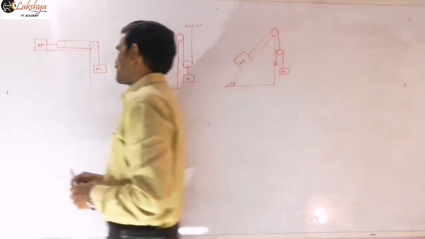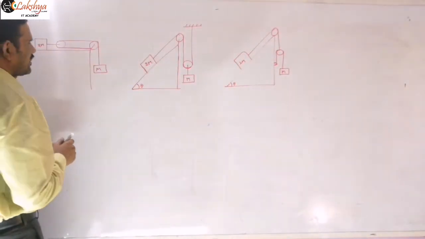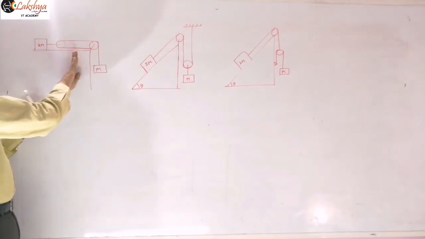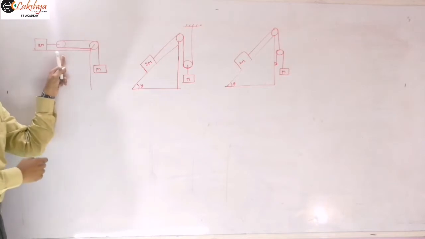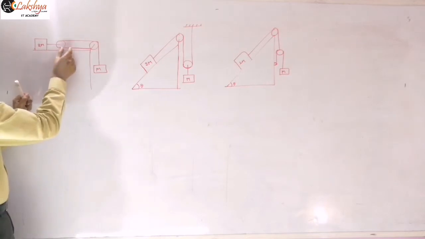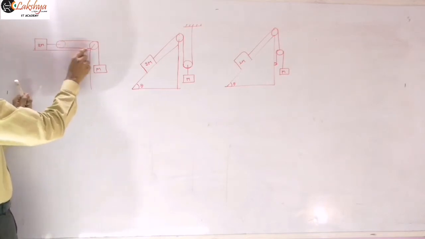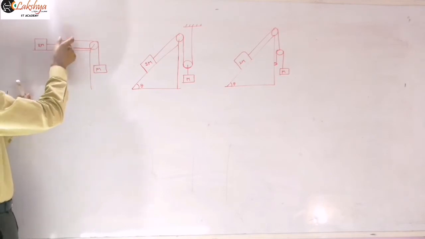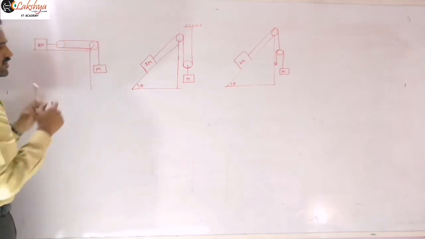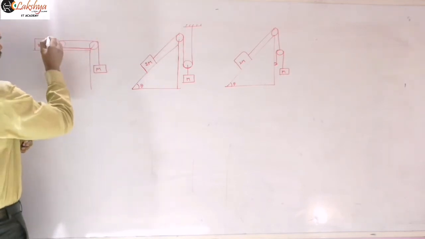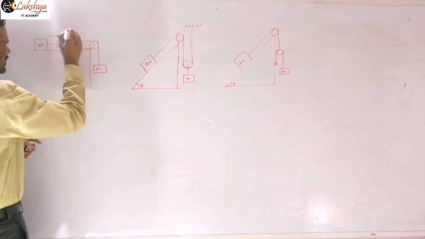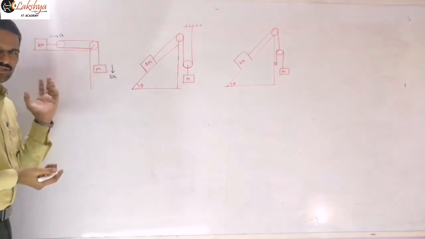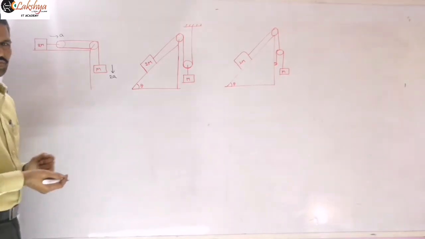So now for this, what you can consider here is, suppose this block is displacing by distance x for example, and then this block will come down by distance 2x, because here this x length will decrease and here this x length will decrease. This one end is tied to some support here. So this side x length will decrease and this side also x length will decrease. So 2x will come down here. So if I am assuming the acceleration of this as a, then the acceleration of this will be 2a. Right, that is a constraint relation.